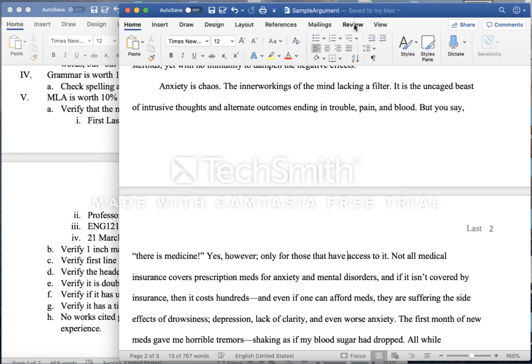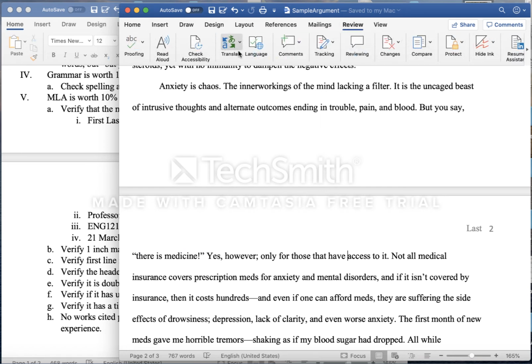So if you look at review, they have read aloud. Read aloud is really beneficial. If you have it read aloud your own paper, you will oftentimes find your own mistakes. But then you can also look at